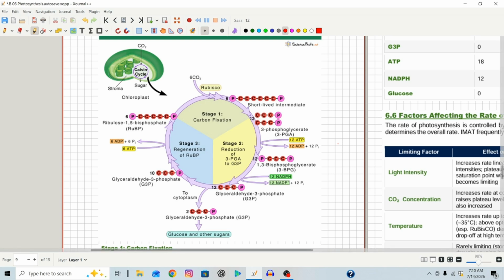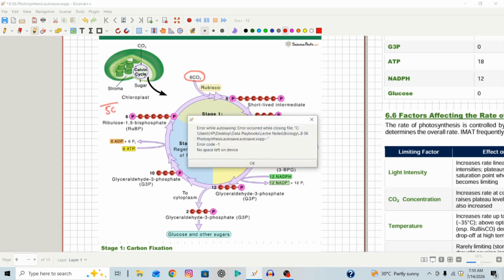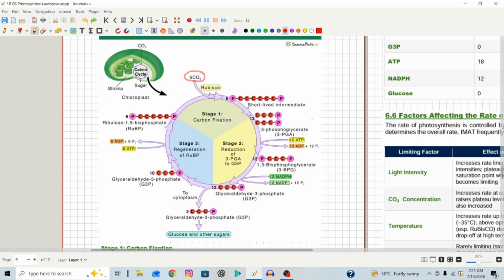that was made is being used here. So the carbon dioxide, the plants that need, they will take it from the air and it will be used in the Calvin cycle. So the carbon dioxide will combine together with a 5 carbon compound. The 5 carbon compound is ribulose bisphosphate. So the first step is that carbon dioxide will combine together with a 5 carbon compound, that is ribulose bisphosphate,